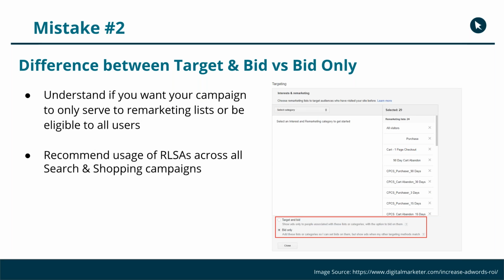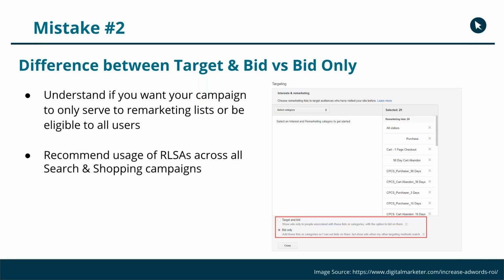Mistake number two, and this is something I alluded to a little bit before, especially if you're going to be getting RLSAs, the remarketing lists for search ads, up today or sometime soon: understand the difference between a target and bid setup versus a bid only setup for remarketing in AdWords. If you look at the screenshot here, this is from an actual campaign in AdWords. At the very bottom, once you select your remarketing list, and you see the ones in the right-hand pane where I've selected 24 lists here,